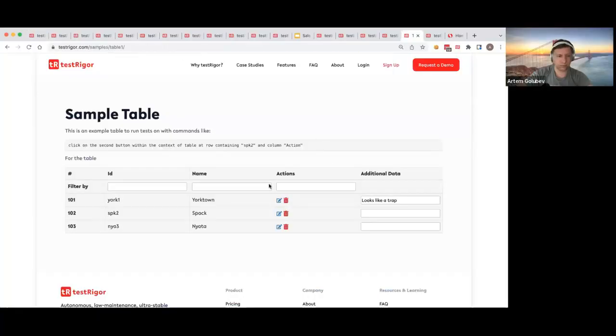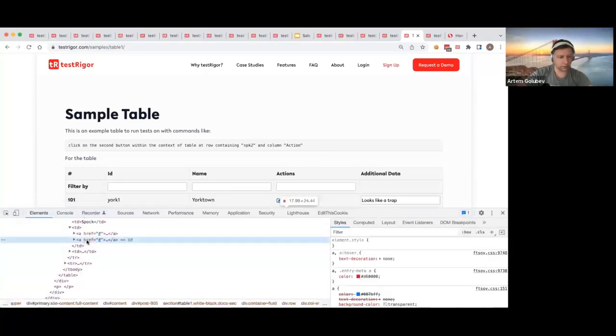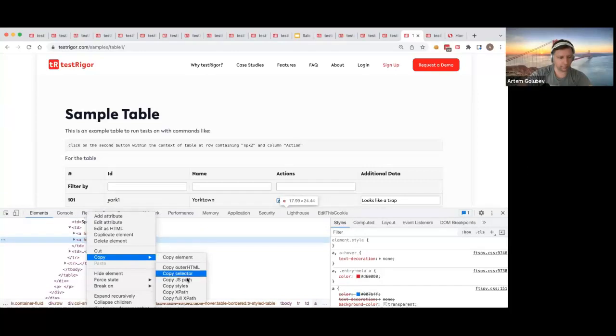So let me show you an example again. If you remember, this is a table which we looked at. If you look at the highlight in here,